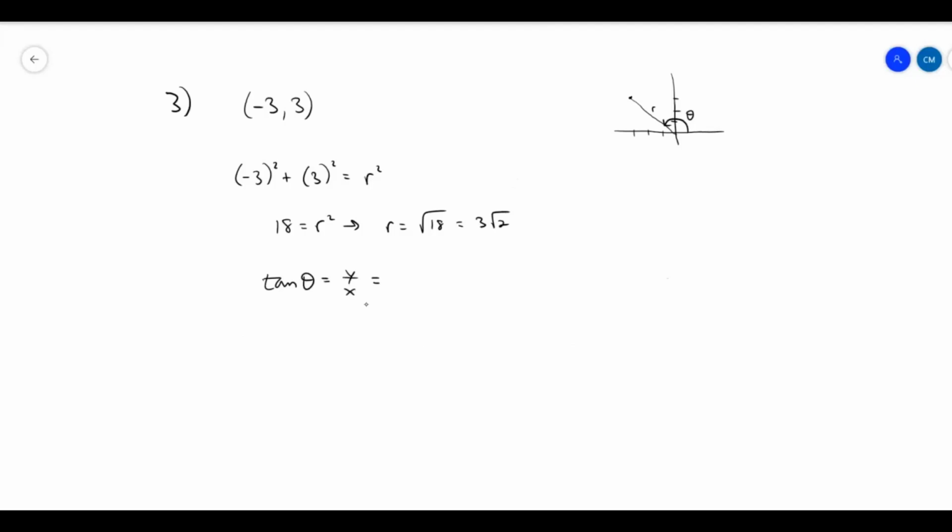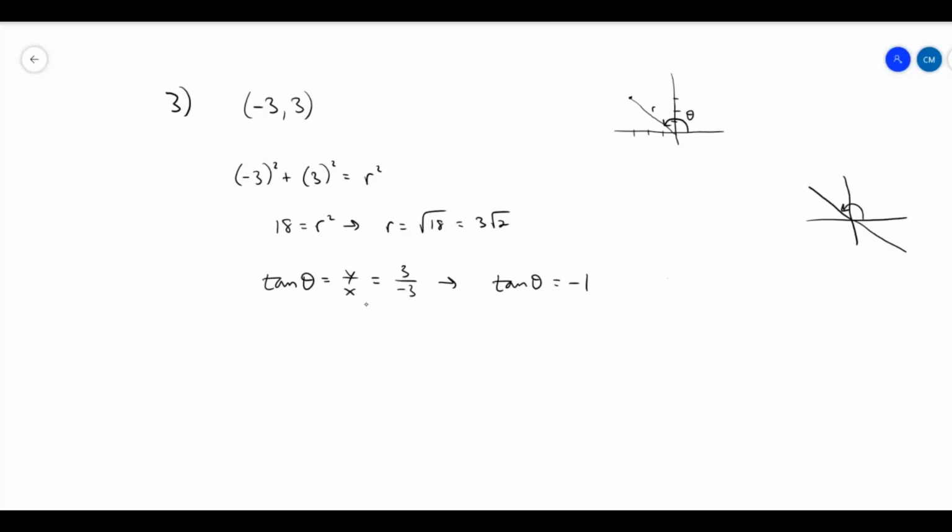Well, in our problem here, y is 3, x is negative 3, and so what we've actually got is that the tangent of theta is equal to negative 1. Now, this is what I was talking about, where you have to be a little bit careful about what theta you actually choose here, because even on the unit circle, there's 2 angles that have a tangent that's equal to negative 1. But if you remember your unit circle, where is the tangent negative? Tangent is negative in quadrant 2, so that would be right here, and also in quadrant 4. And the 2 angles that have that